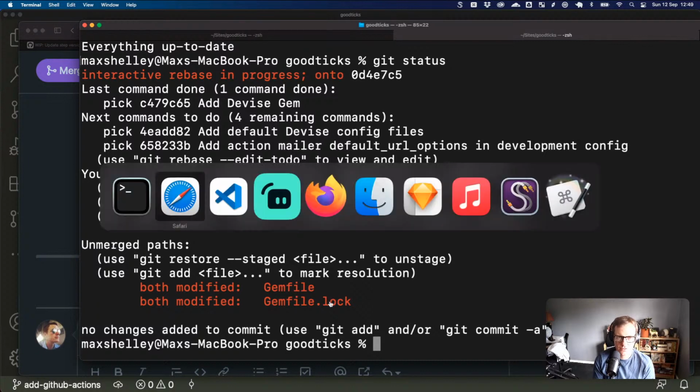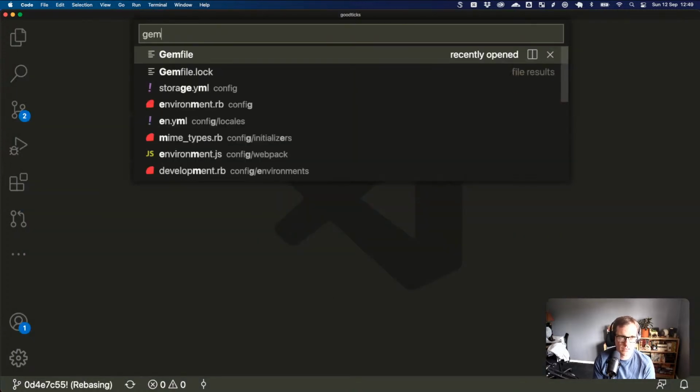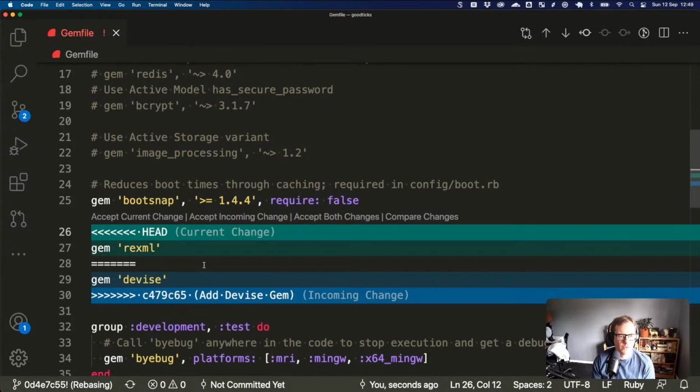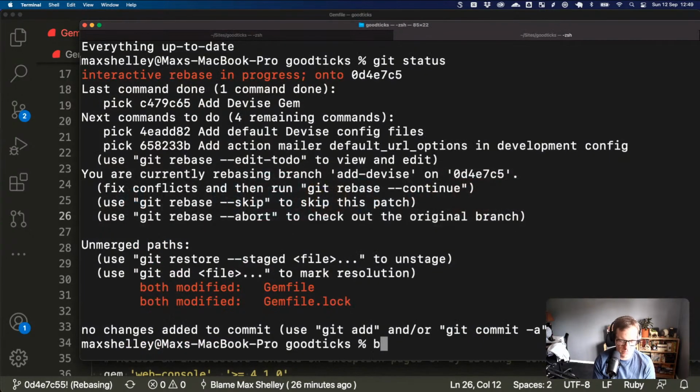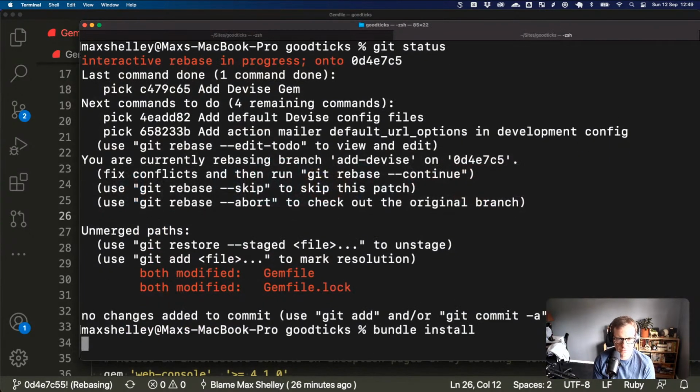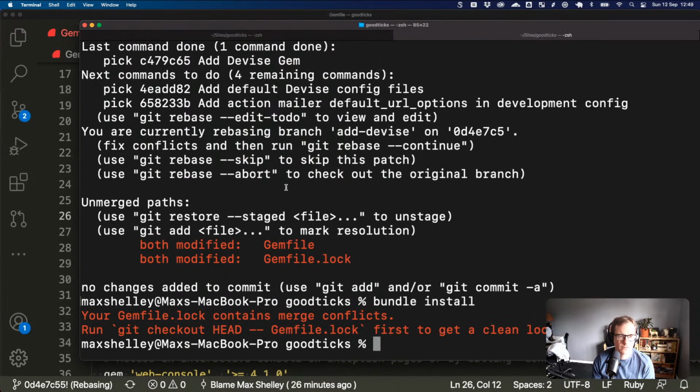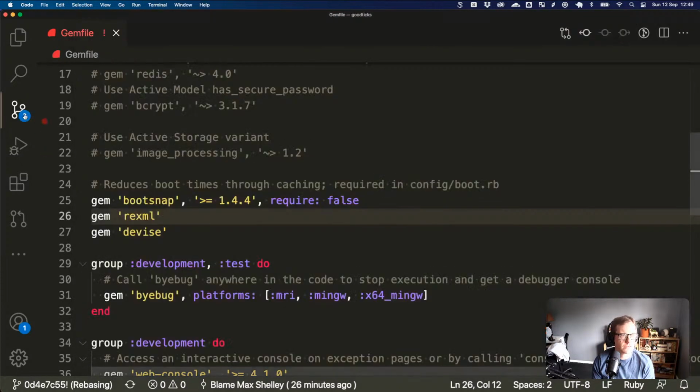Okay, so let's go over to here. And we want both of these. So we need to accept both changes. And then we can do bundle install. The Gemfile lock contains merge conflict, so we can just